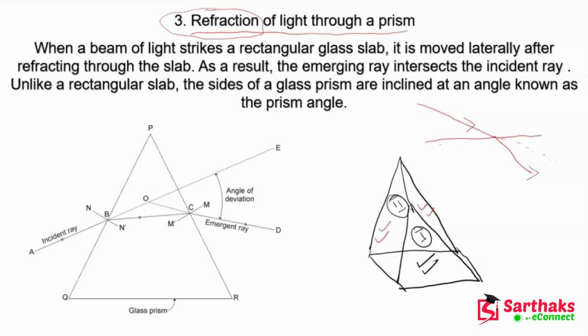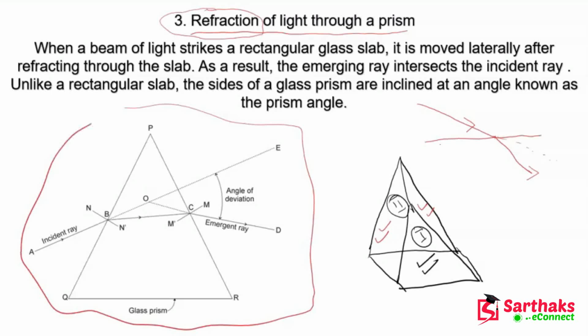Now you are able to see a diagram here. So this is basically a 2D diagram where we have only shown this first triangular surface of this prism. Okay, so when you see this diagram, you should not understand that the prism is a 2D structure. No, it is a 3D structure, but we just show this triangular surface of this 3D prism. Okay, now guys,